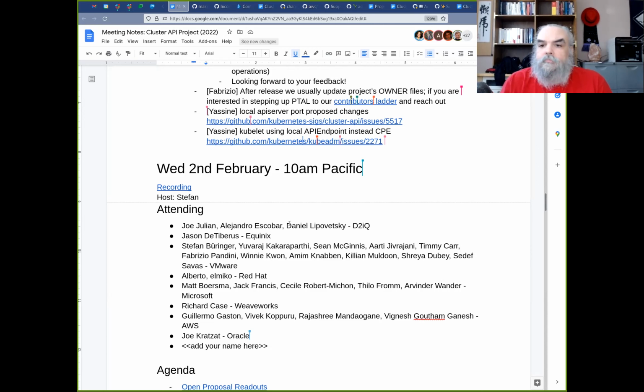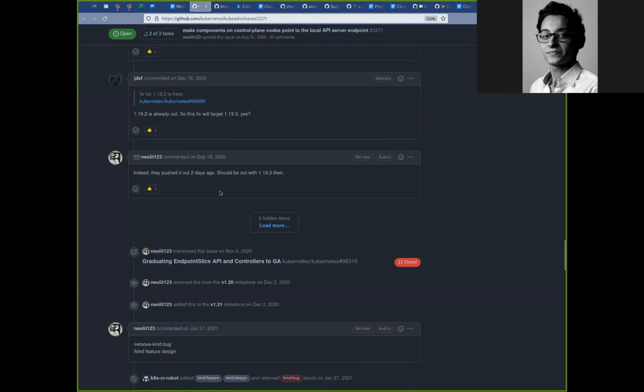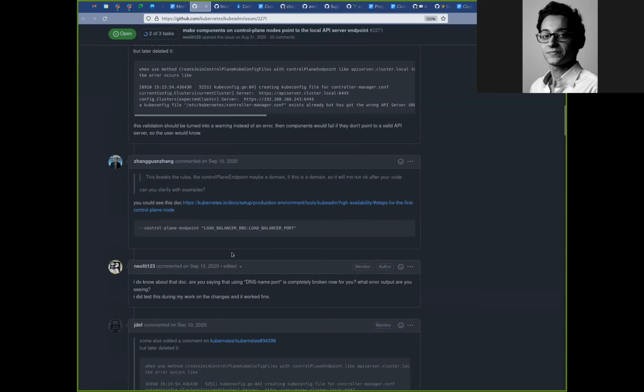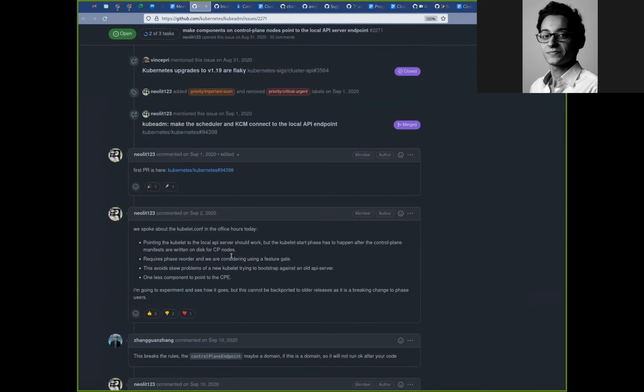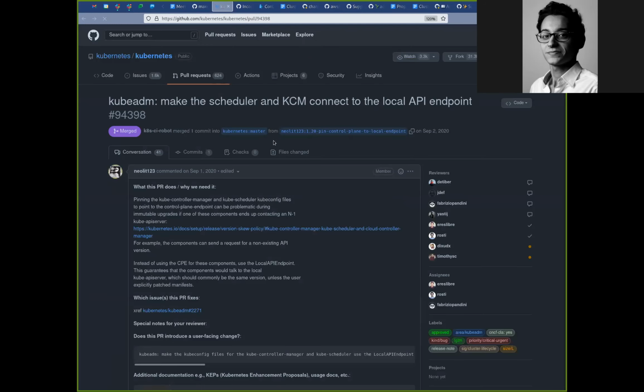Yassine, go ahead. Yeah, and there's also the issue that Lubomir is pointing to on the kubeadm issue, which is that initially, if you scroll, you would end up in a situation where your kubelet would need to do the CSR and everything would work eventually if the local API server and KCM is the leader. If that's not the case, then it wouldn't work. So it's kind of a rolling dice situation where it can work sometimes, but sometimes it wouldn't.